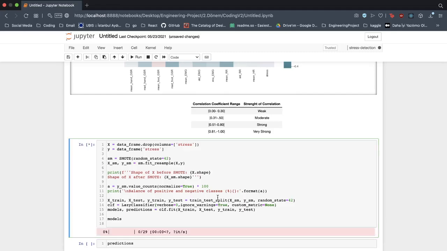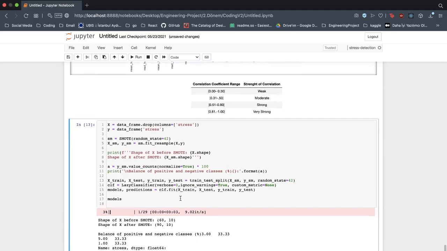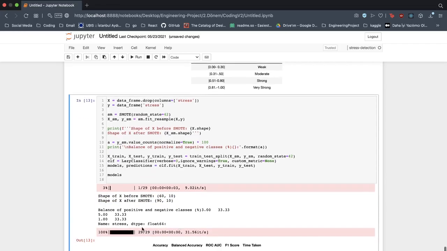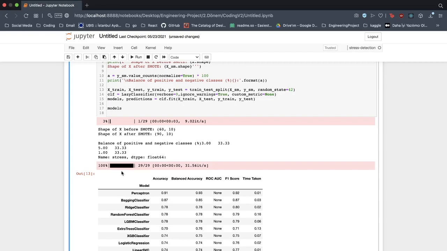As we can see, the shape of X for training has increased, and the perceptron model has a balanced accuracy of 93%, which is quite high, and it is followed by the Bayesian classifier